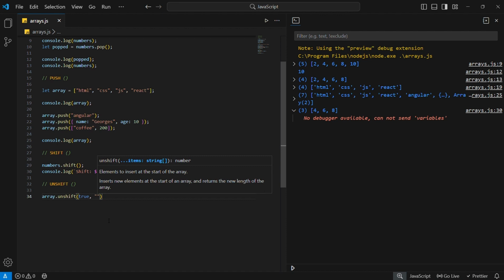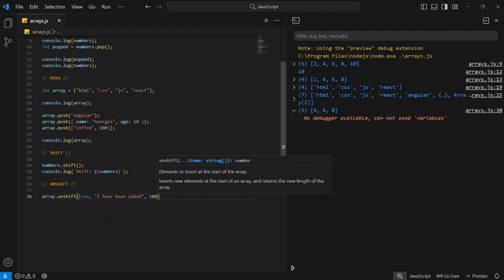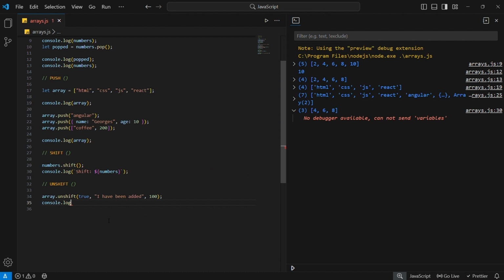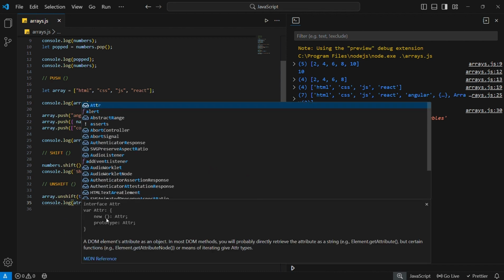You can also unshift maybe a string, say I have been added, and you can also add another value, let's say 100. So when you now call the console.log on our array variable